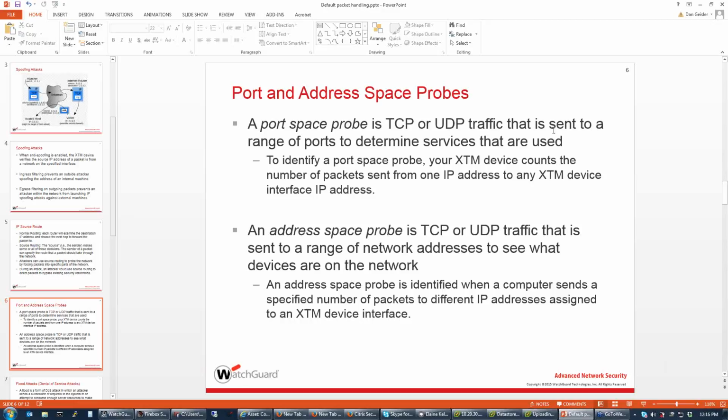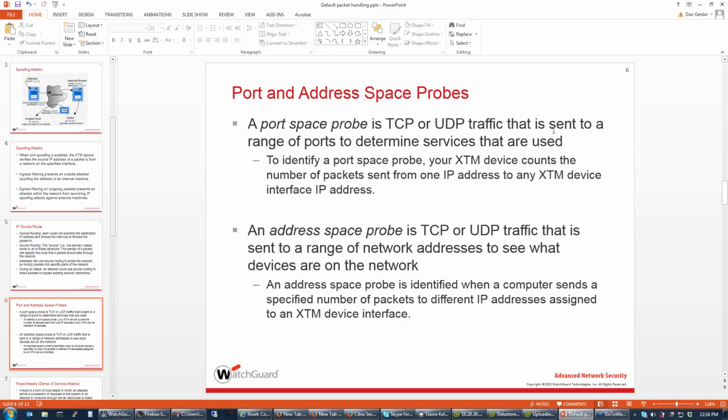So what the XTM firewall does is it counts the number of packets sent from an IP address to any of the interfaces on the firewall. So the port space probe, think of it as hitting port after port. If it's just an automated scan, they might start at port 1, which in that case, our default packet handling for blocked ports will hit it. But say they start at port 21, 22, something for FTP, and then they start going through multiple ports, either random or in order. They hit 21, 22, 23, jump to 53 for DNS, jump to 80. Basically,